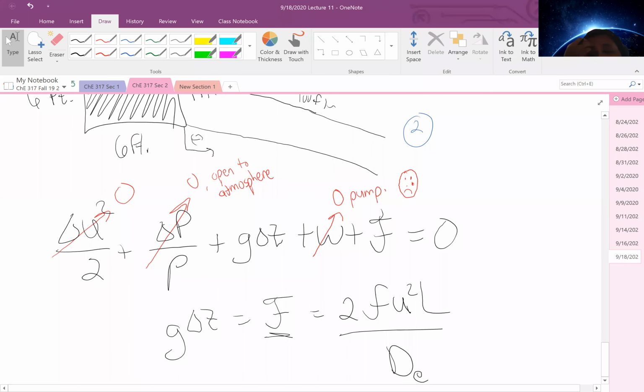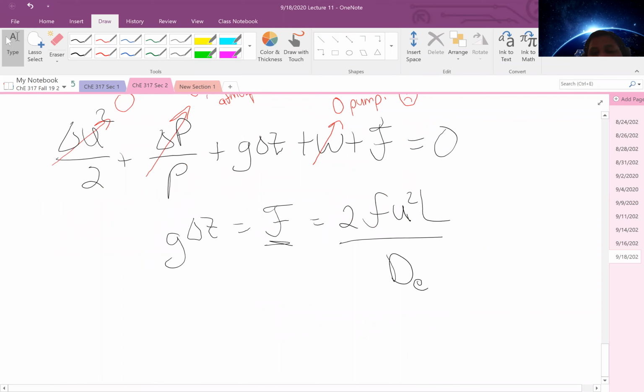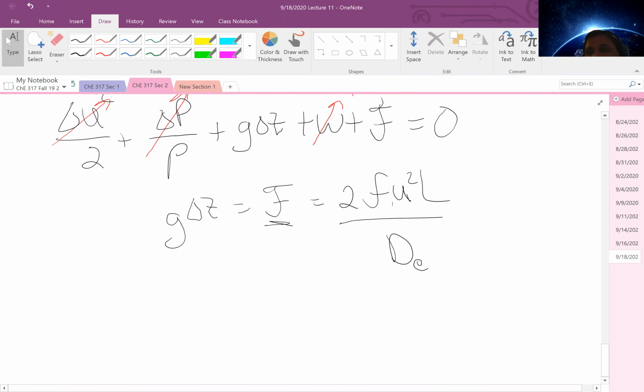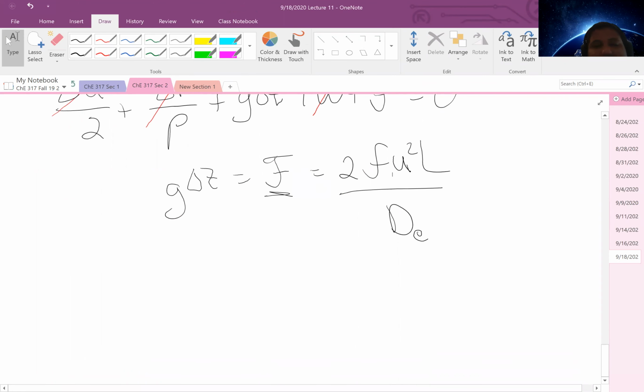So we need our diameter, our velocity, and our friction factor. Fortunately, I was generous enough to give you a basis for length. However, I could have just as easily asked this same problem and made you come up with your own basis for length. But for the sake of time, I did not. So we can say L is equal to 100 feet,